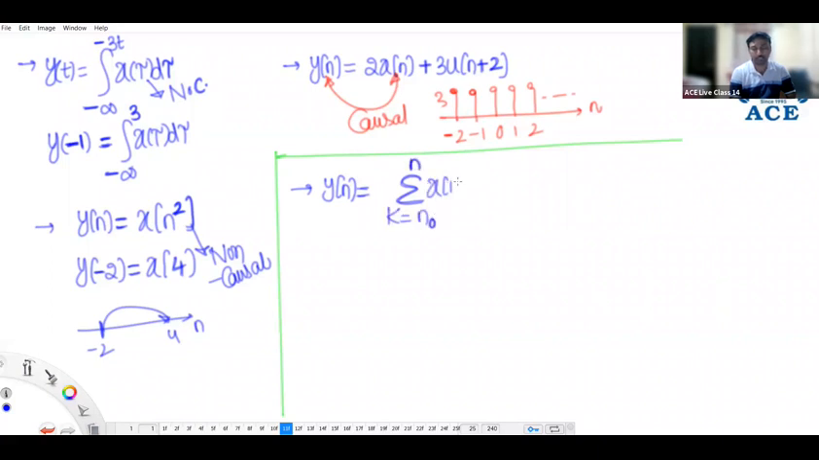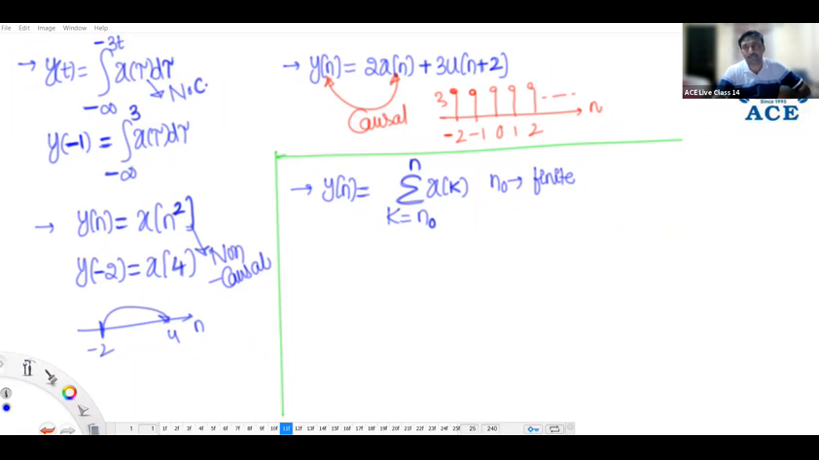Sigma n naught to n of xk, where n naught is finite. We are adding the samples of the input from n naught to n. N naught is finite, n may be any value. It depends on n naught